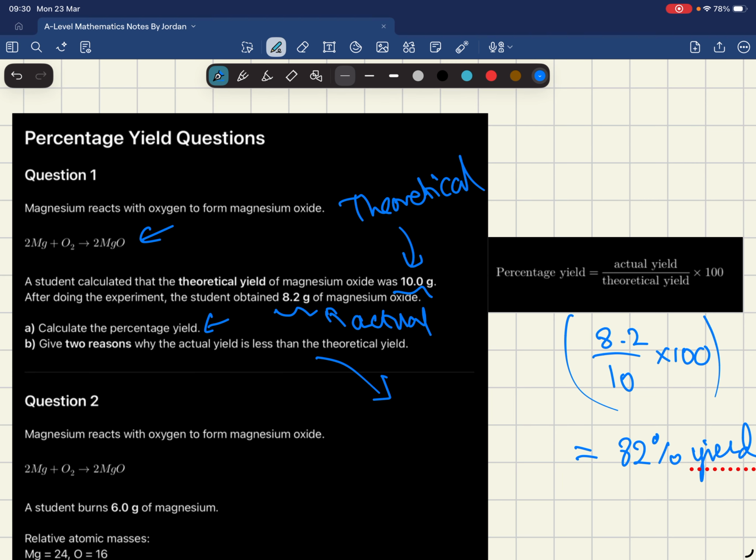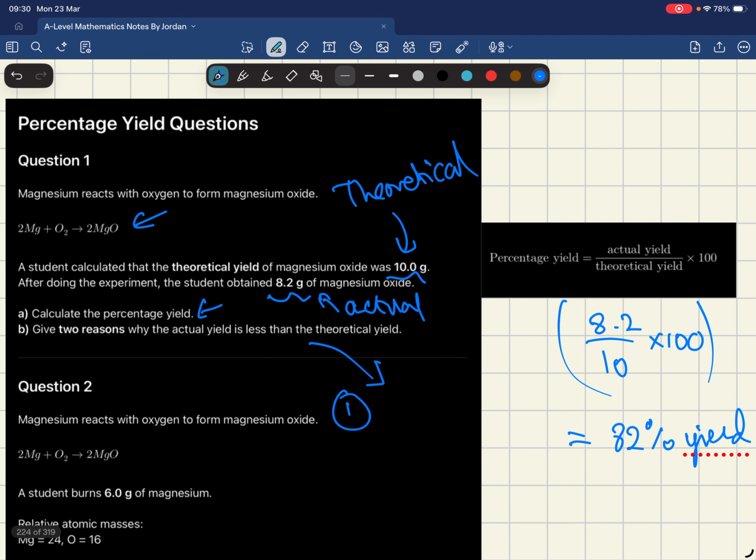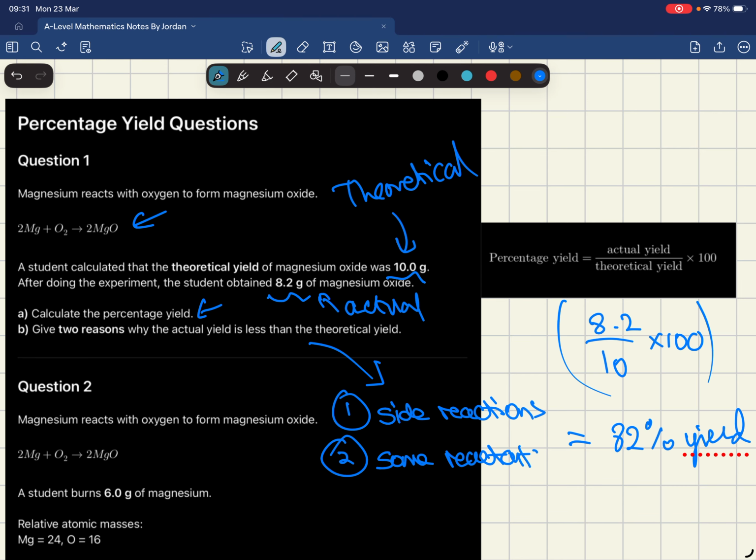So part B, let me give you a few answers for this. One of the first ones could be that we have side reactions occurring. Side reactions are where some of the reactants go through different reaction pathways, so they might react with different things, impurities in the sample. A second one is that some reactants or products are lost